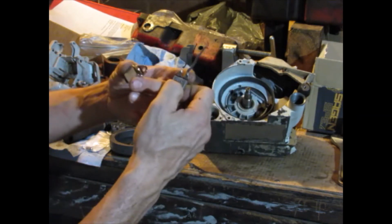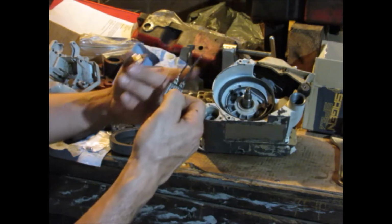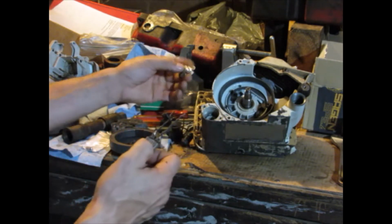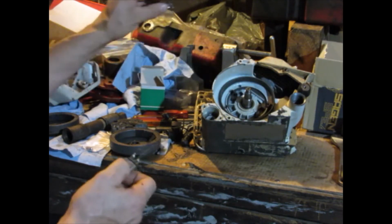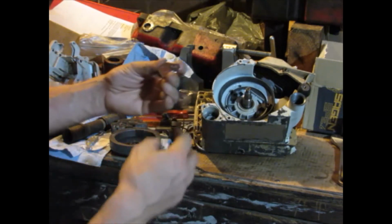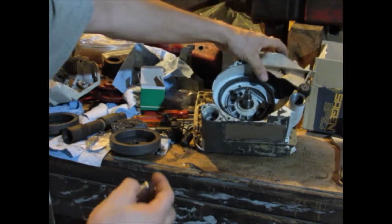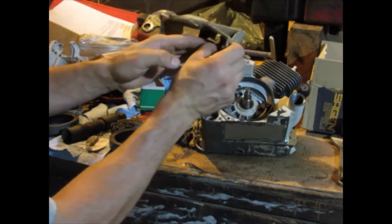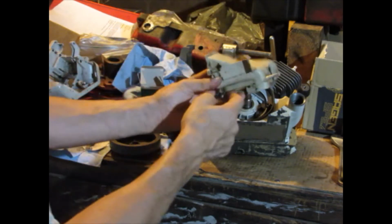These have one terminal for the main wire and another one for a ground. This one just has a main one. It's self-grounding, but in order to make it self-grounding, I'd have to have it on the crankcase somewhere, and I don't want it on the crankcase because I don't want it to get hot. So a lot of the times I'll put it on this piece that goes here, right in there, and I was thinking about just running a ground wire down to one of these bolts, and